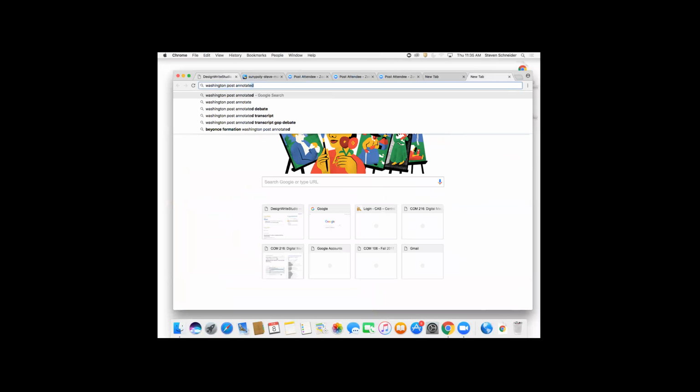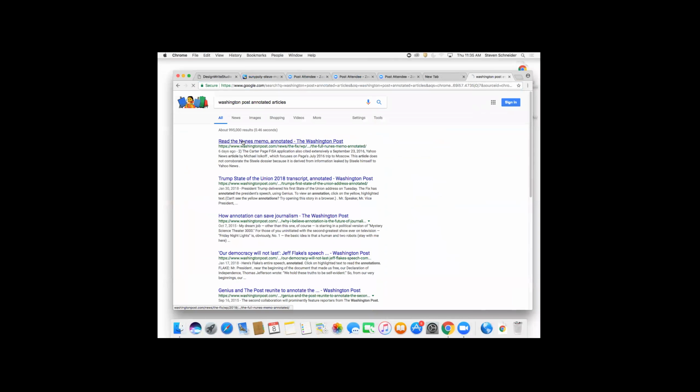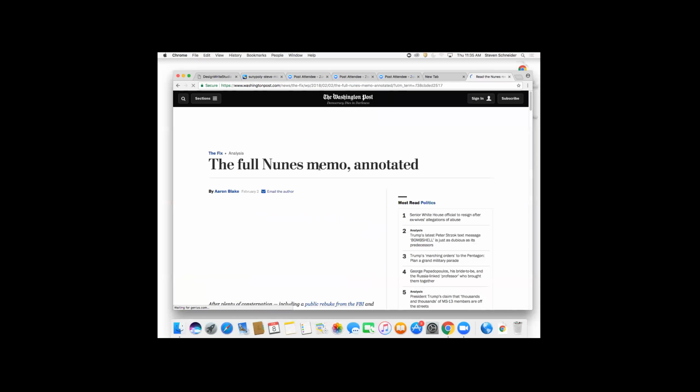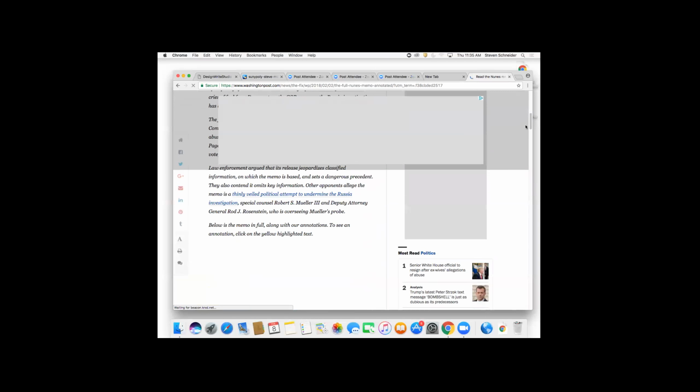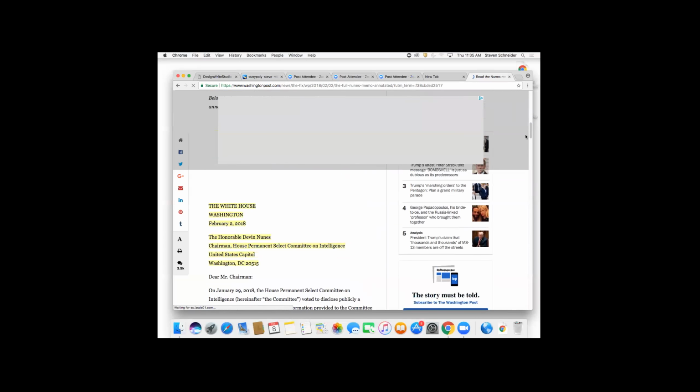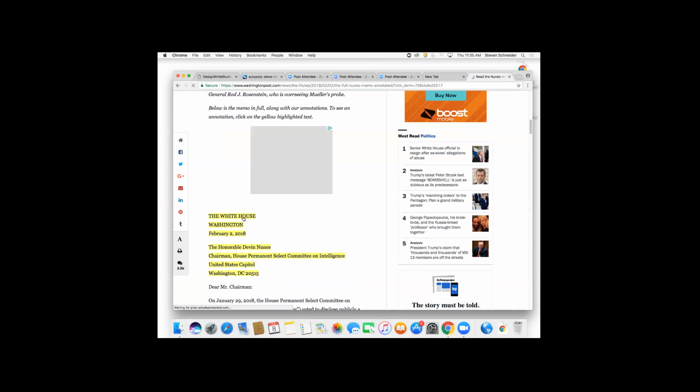See if we can find a... So here's the Washington Post's version of it. So you can click on this, and it should show you an annotation, click on the yellow highlighted text. Okay.